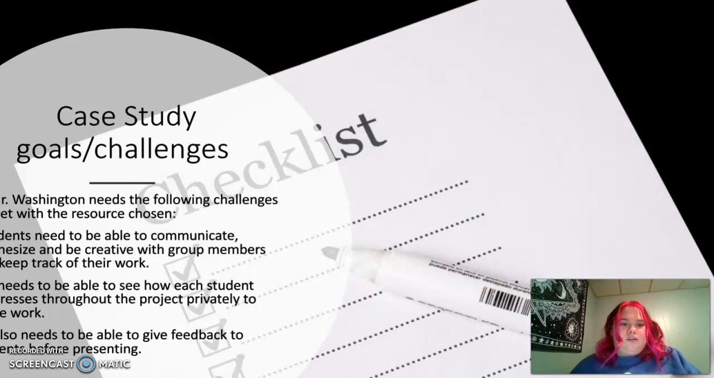So, the case study goals and challenges. Mr. Washington needs the following challenges met with the resources chosen. Each student needs to be able to communicate effectively with the other students in their group and be creative with the group members and keep track of their work on their own. He needs to be able to see how each student progresses throughout the project. He also needs to see that it's private, so it's just the group project themselves and no one else in that specific